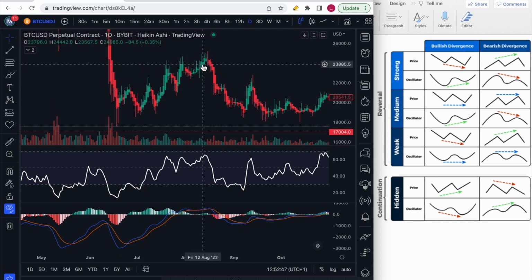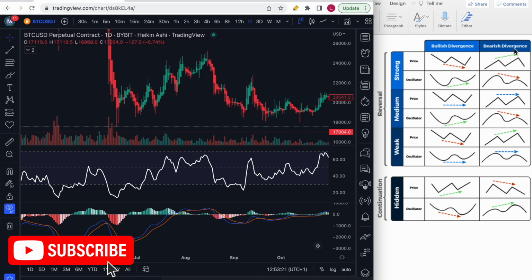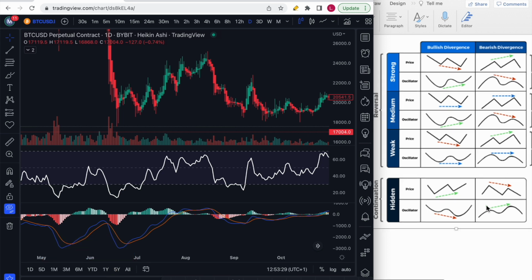But before I go into that, I first want to explain what divergences are, and over here you can see an overview of the different types of divergences that you have. So I will walk you through them one by one. The first one, over here, you can see the bullish divergences on the left, and on the right side you have the bearish divergences. So the first one, this is a regular bullish divergence, is when you see the price action is